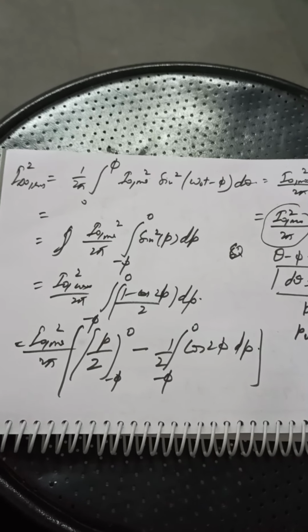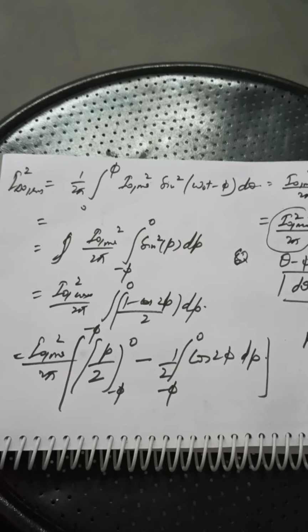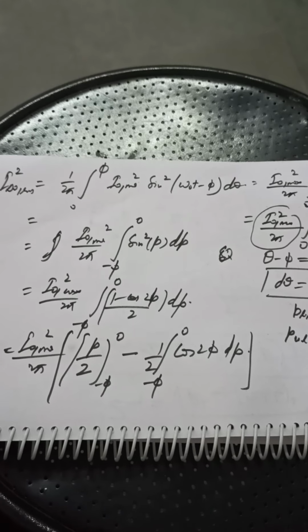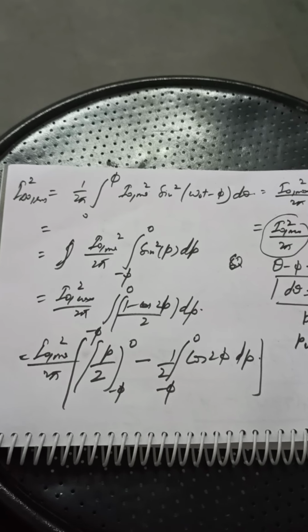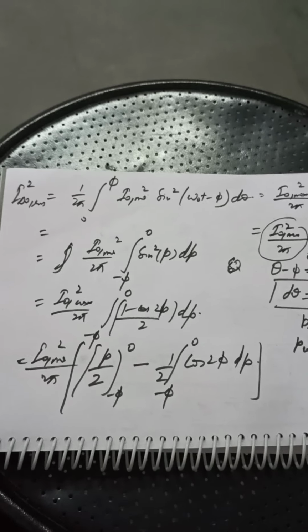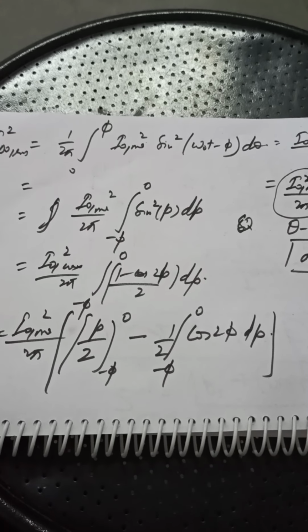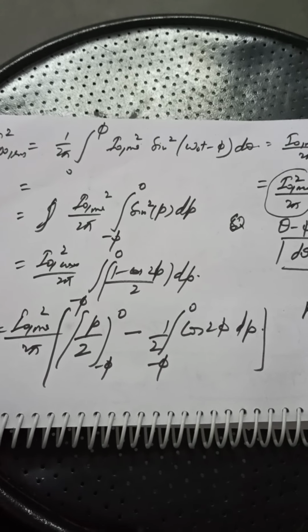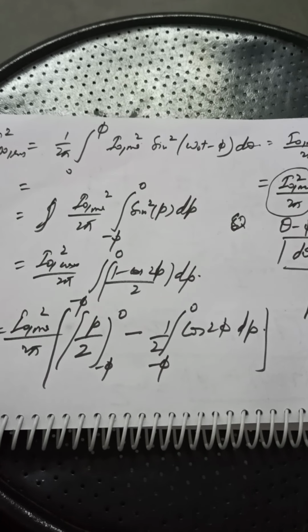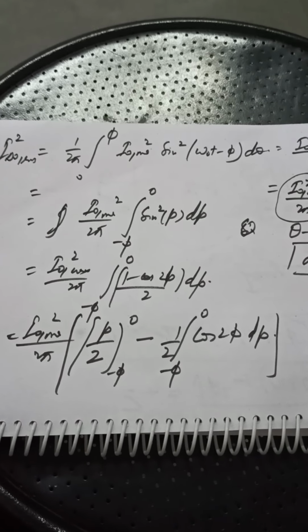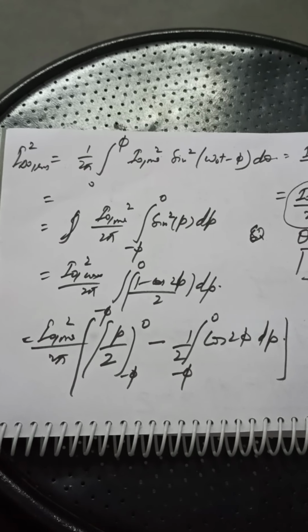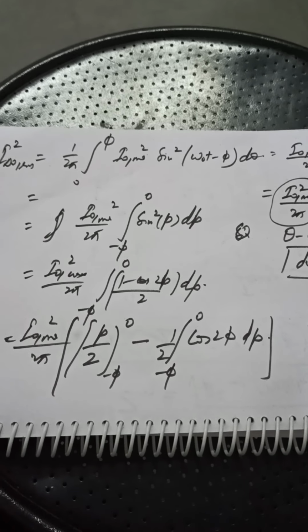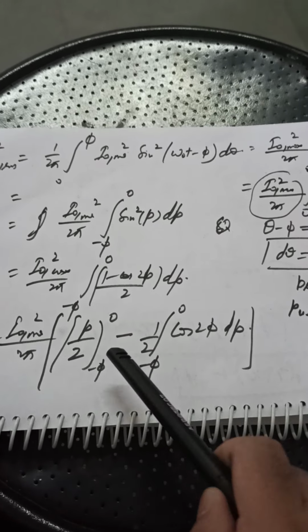They are varying from I naught 1 max square upon 2 pi, and the limits are minus 5 to 0 of sin square p dp. Now we will be using basic trigonometry. The basic trigonometry simply says that sin square p will be expressed in terms of cos of 2p, twice of the earlier argument. So I naught 1 max the whole square divided by 2 pi, integrating it from minus 5 to 0. By solving this expression and putting the desired result,